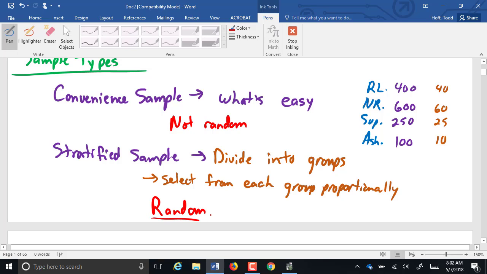Is it simple random? Well, no, because your sample size here is 135 people. If you did a simple random sampling, it's technically possible still to select all of your students from one campus. Except for Ashland, there's not enough students there to fill out the whole sample. But you know what I'm saying? It is technically possible to randomly select students and get them all from one campus, even though you weren't trying to. So it is random, but it is not simple random.